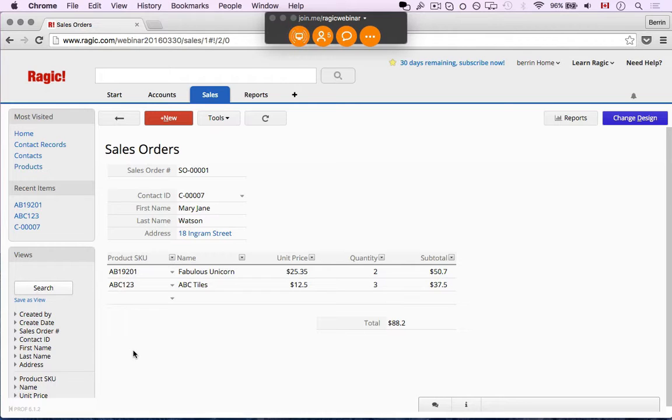And I also showed you how to generate a new sheet from the subtable we had on our contacts sheet. And the third most commonly used linking is, what if I wanted to see all the sales orders Mary Jane had put in? Now, since I have a link and load field over here and I had linked Mary Jane's contact ID, which is the key field of my contacts sheet, I would go back to my contacts sheet,